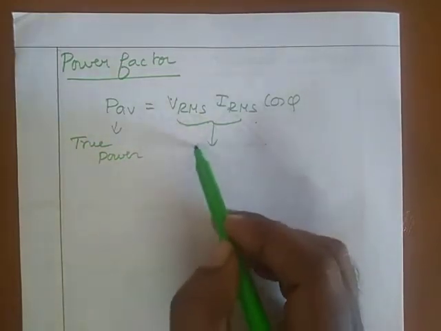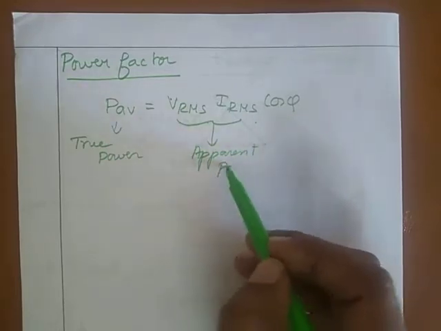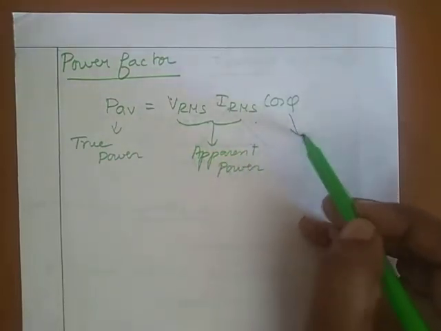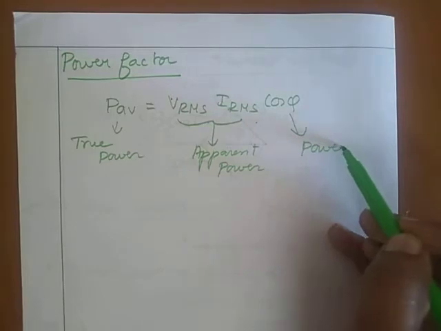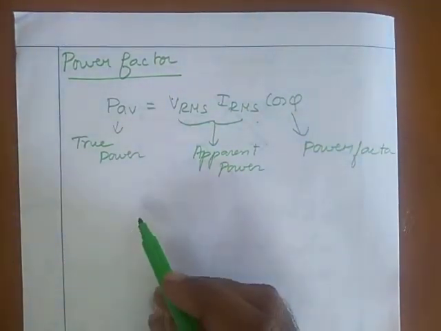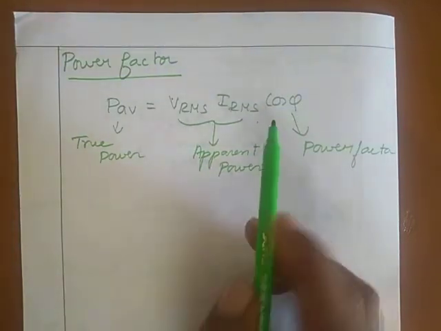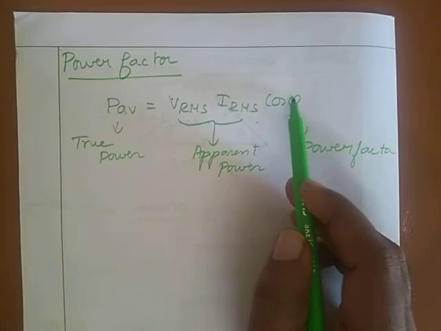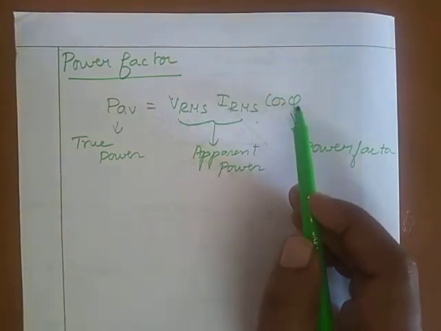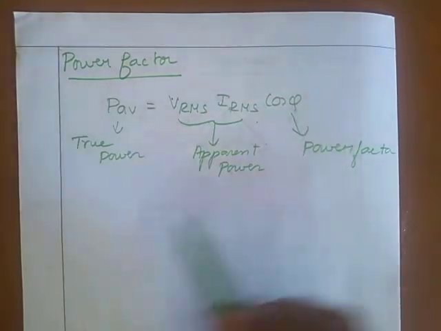This one is known as apparent power. I already told this one is a power factor. So cos phi is a power factor. Okay, we can state power factor is a cosine of angle of lead or lag. Here phi is a phase angle between current and voltage, so we can state power factor as